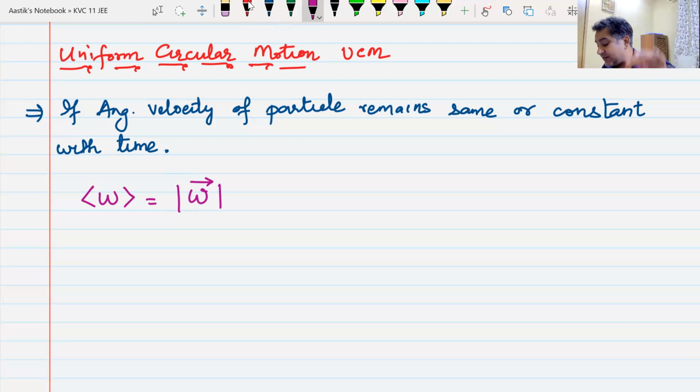Angular velocity remains the same or constant. Do we understand this? Now, what should this uniform circular motion remind you of? It is similar to